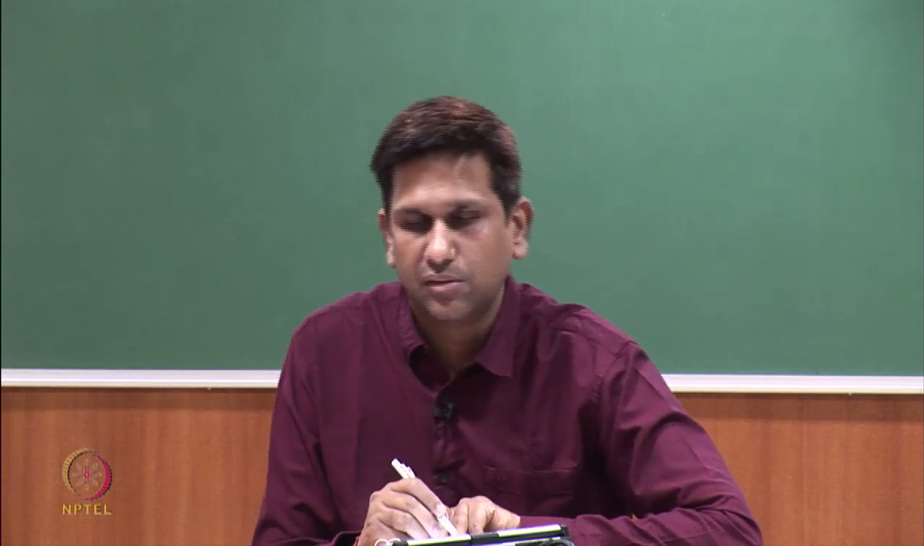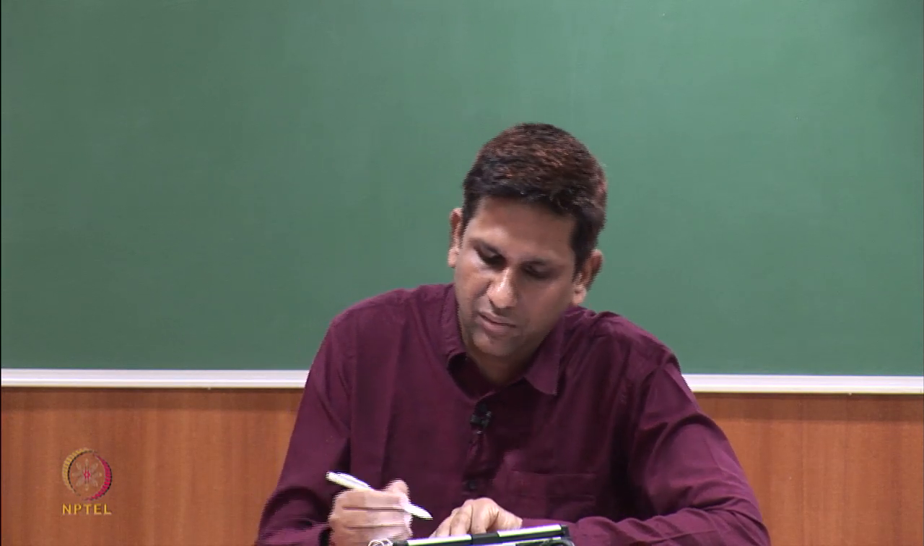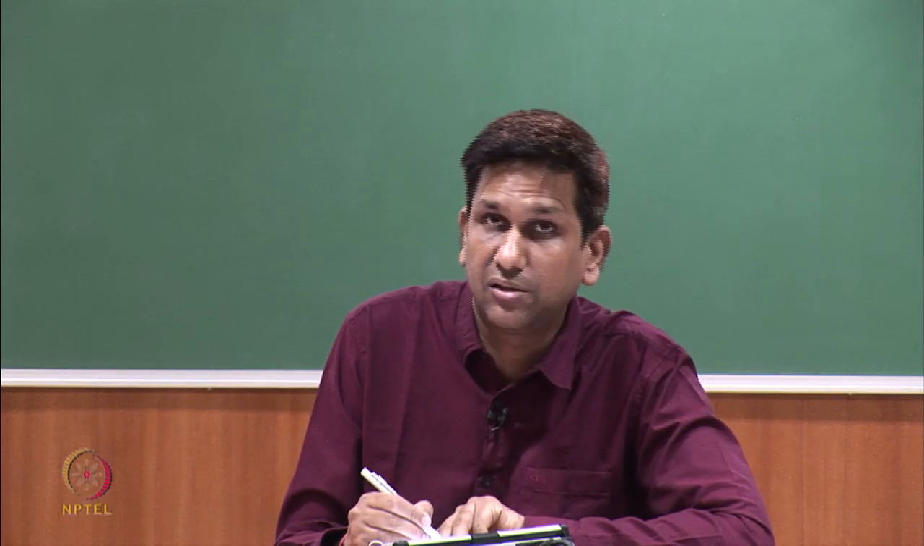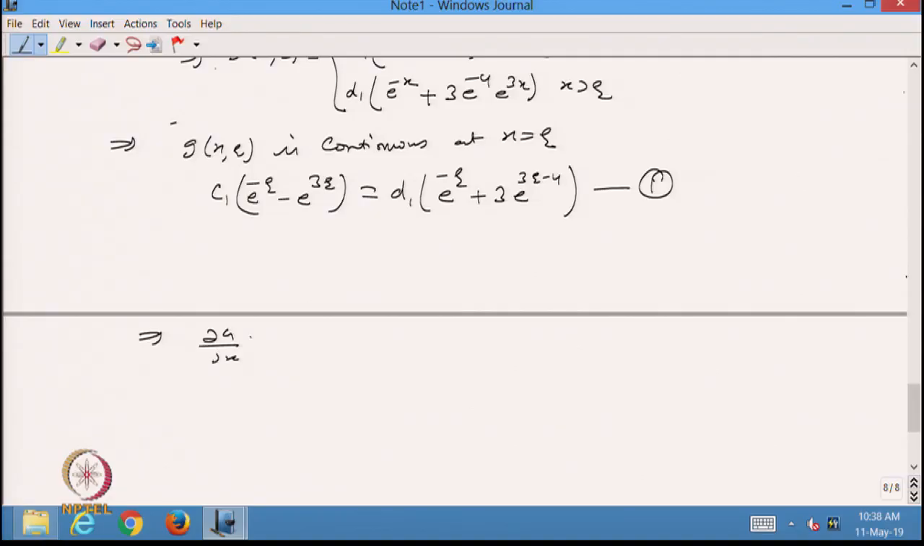Now, because I have two constants C1 and D1, I need two equations to find them. Then we apply another property of the green function, that del g by del x at x greater than xi has a jump discontinuity at x equal to xi. So, del g by del x at x greater than xi minus del g by del x at x less than xi has a jump of width 1 at x equal to xi. So, from here I can find out so x is greater than xi. So, this one I can find out